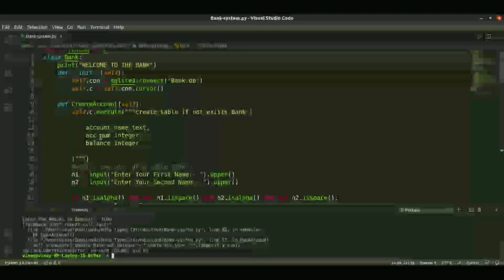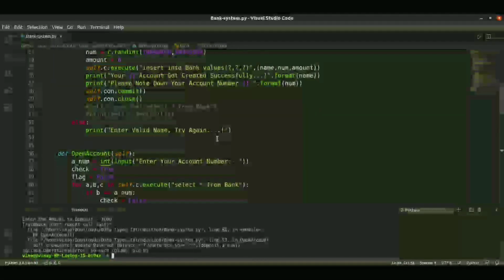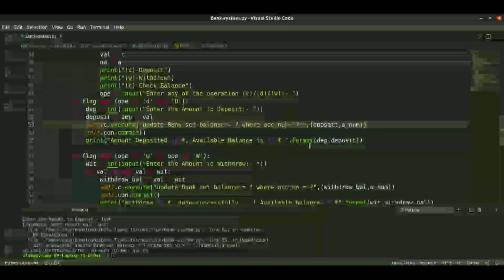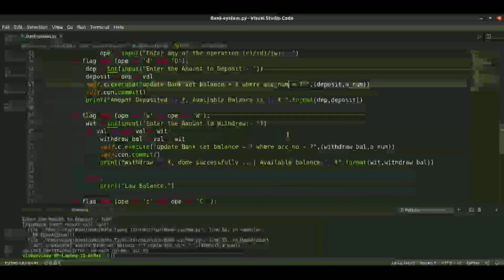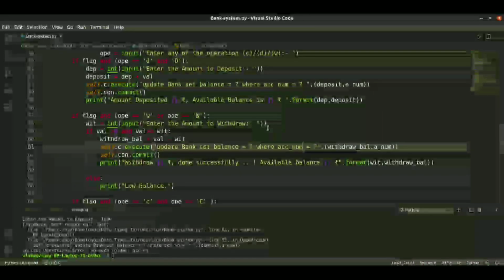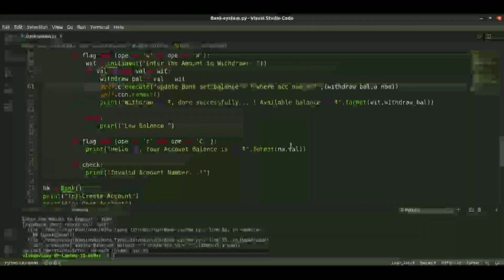Sorry, I took it as a_num, underscore num. So we need to pass it as num. Sorry, a_num. Here it is also a_num. So then